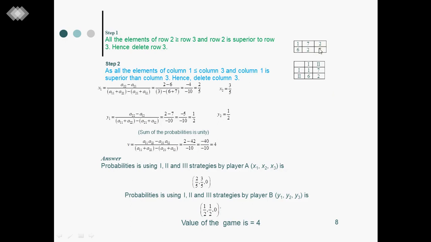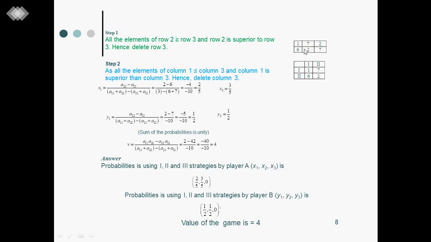Now again, if you compare these columns, column dominance is different. As the column player is the loser, you will try to keep the minimum numbers. For example, this is one pair, this one pair, this one pair, like permutations and combinations I have told. 1 is lesser than 7, but 6 is greater than 2. Comparison is ruled out. 7 is greater than 2, 2 is lesser than this one. It's not possible. Then 1 and 3, very simple. First and second, then second and third, first and third.